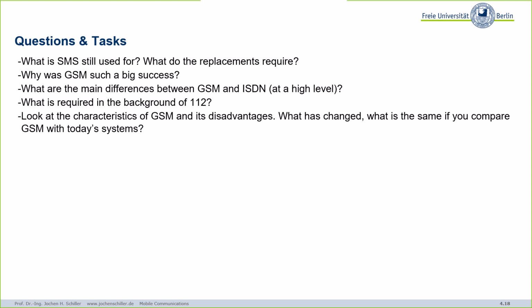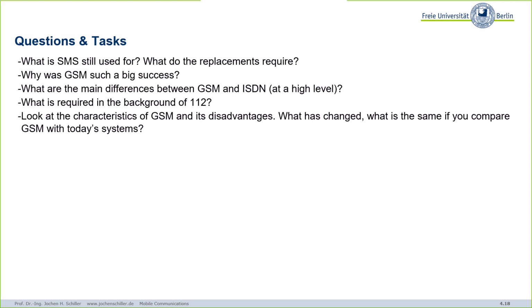Internally, there are many messages exchanged, and you will not notice them. You can actually place your mobile phone close to a microphone, and then you hear these cracking noises. And that's exactly when your mobile phone sends some data into the network. So you will hear before the phone rings, there are many of these cracking noises. I will come back to this in one of the sections and explain what these messages are.